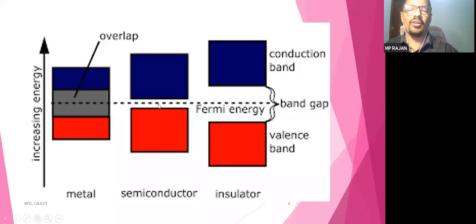The energy requirement in terms of electron volt, normally 0.7 to 1.1 electron volt is required, depends upon the material. When sufficient energy is given against the energy gap, the electron will be transferred from valence band to conduction band. A hole will be left here and the electron will be here. If a number of electrons are in the conduction band, they are free to move. You can produce current through a conductor if you connect.